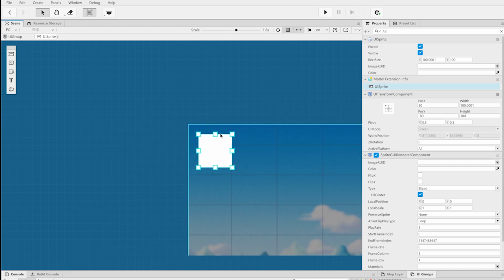Currently, we have it as 80 in the X and negative 80 in the Y. But that doesn't mean that this offset between the left side wall and the left side wall of our image is 80 pixels. The offset is actually relative to the center of our image, and this is defined by our pivot property. If we zero out our X and Y positions,